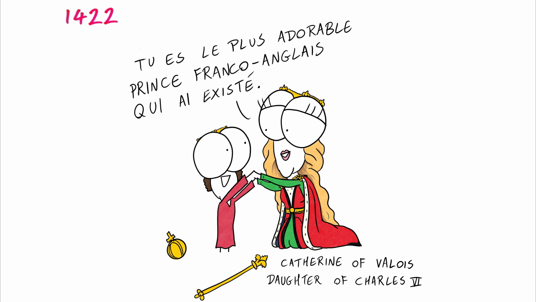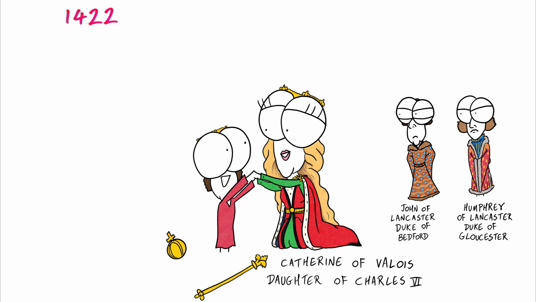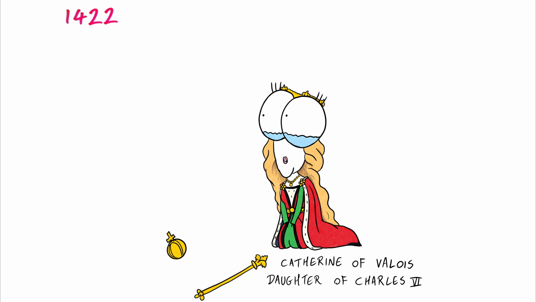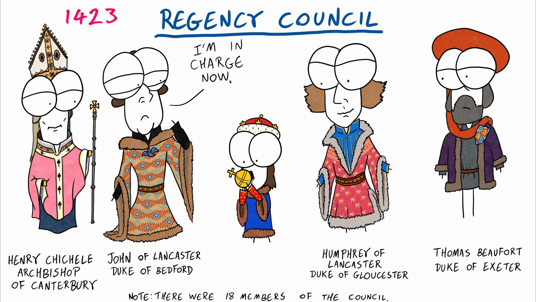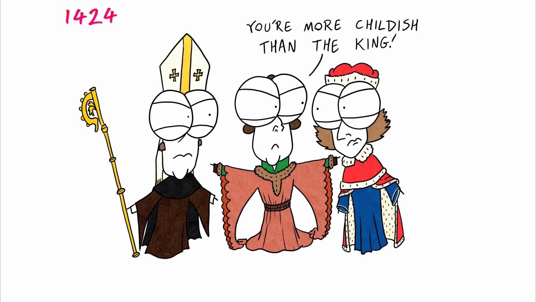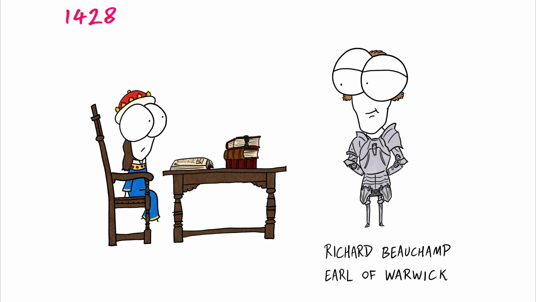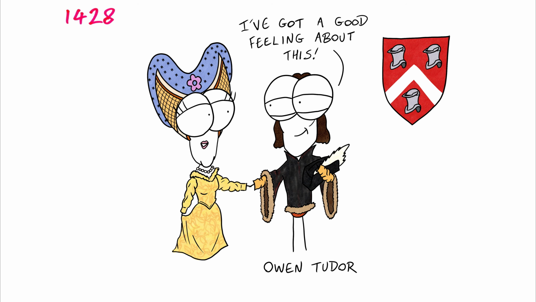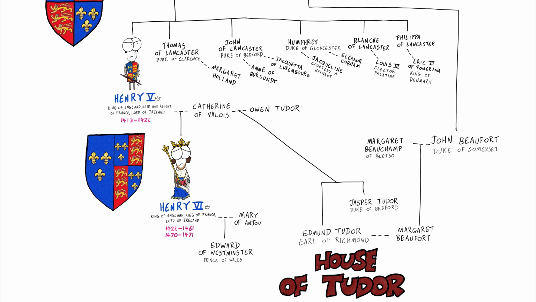Being a French princess, Henry's mother Catherine was looked on suspiciously by the English court, so she was limited in Henry's upbringing. Loads of Henry's uncles and other nobles formed a regency council, with John, Duke of Bedford, becoming senior regent and took control of the war in France. With no crown authority, the council was ripe for power grabs and disagreements. Young Henry was tutored by various influential figures as he grew up. Henry's mother Catherine would remarry with the Welsh courtier Owen Tudor, having their own children including Edmund and Jasper. The House of Tudor would become very important decades later.